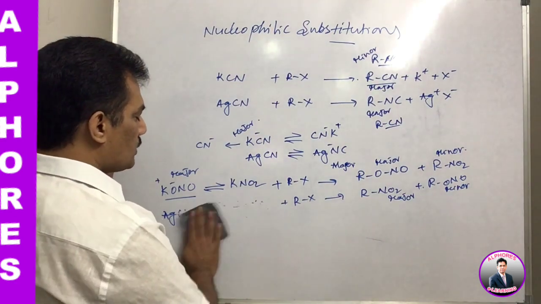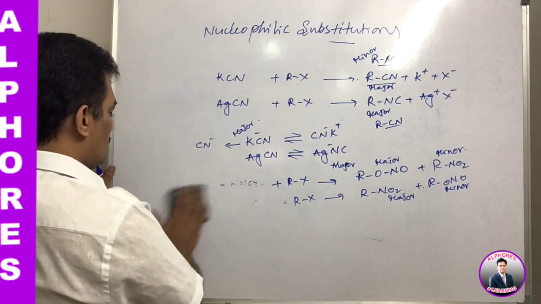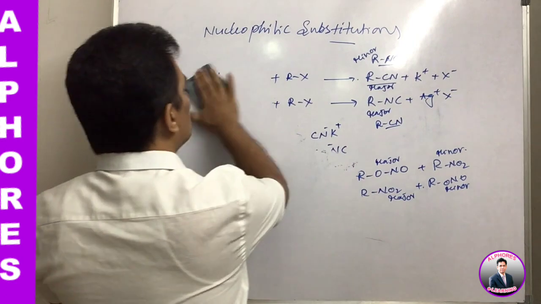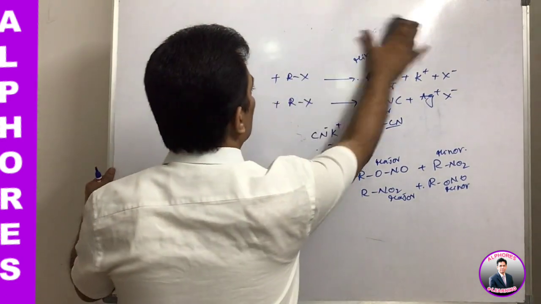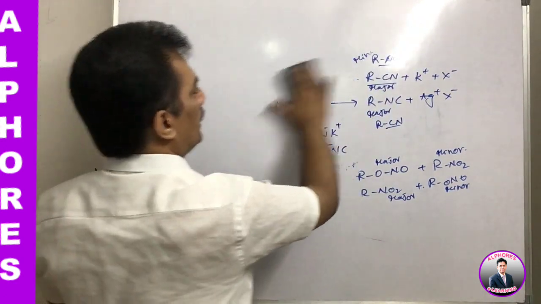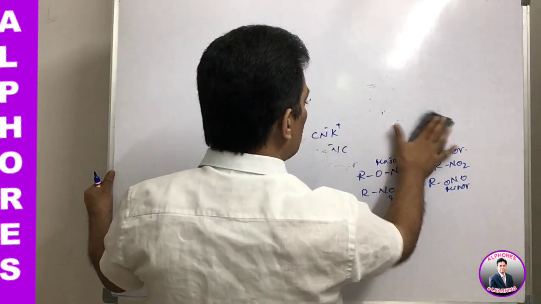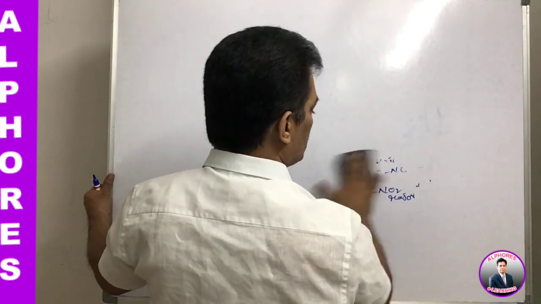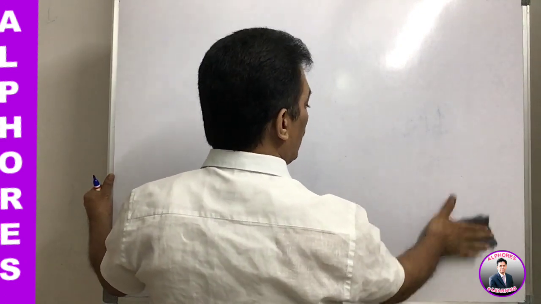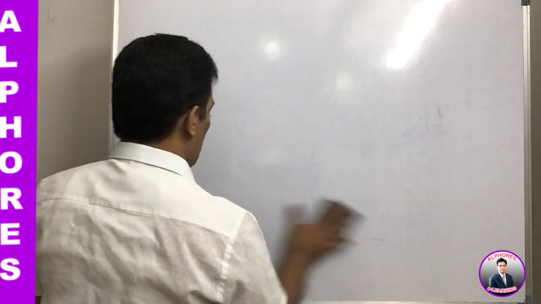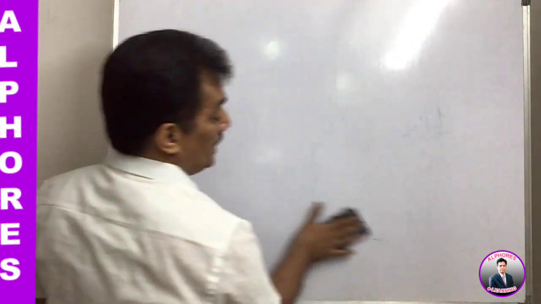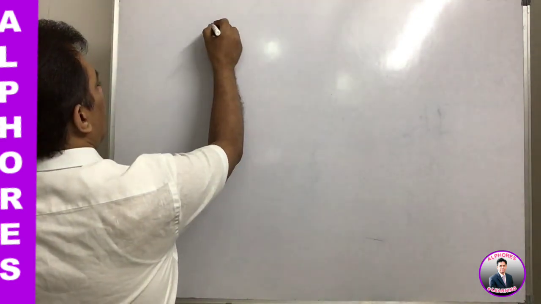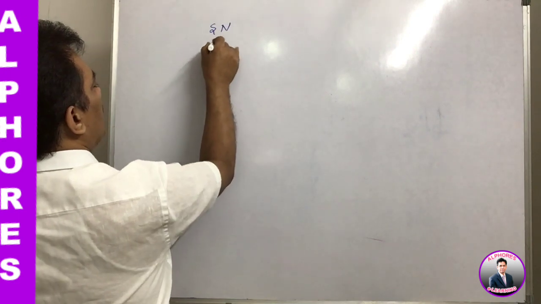And now let us go for SN and elimination reactions. Already in previous sessions, in video classes related to GOC, reactions and reagents and reaction mechanisms, I gave the details of different reagents and the mechanisms, how they are happening. But here again, as it is a part of this chapter, once again we have to study only the salient features of different reactions. And first of all, it is SN reactions and eliminations.